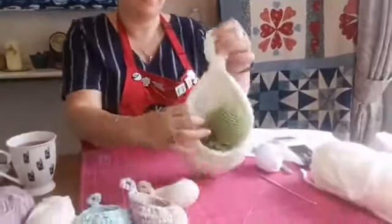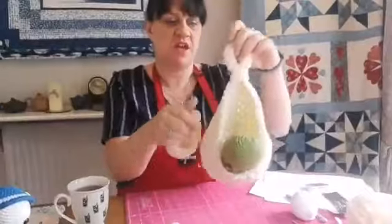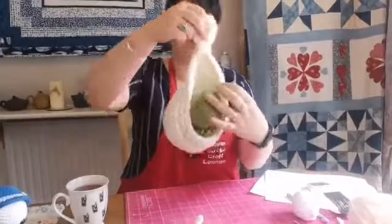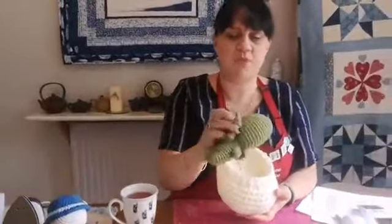And that made this size. Again, exactly the same amount of rounds and everything, but it made that size, which I thought would be mega, mega cute in kids' rooms. You could make a load of them and put them in your kids' rooms, and they could put all their